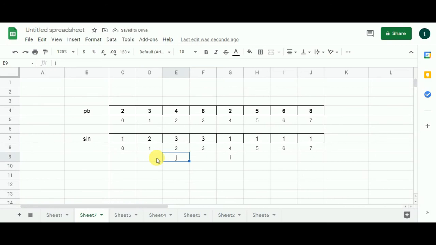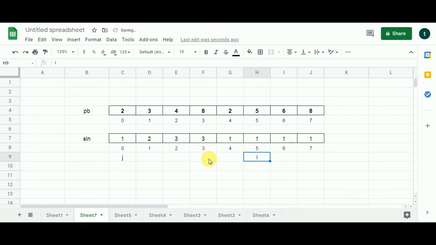Alright, let's check the third iteration. The variable j represents 4. 4 is greater than 2. Again we don't get anything. And j moves one cell to the right. Over here j represents 8. 8 is also greater than 2. So we get nothing out of any of the iterations of j when the value of I is 2. So this value stays as 1. Alright, j moves back to its base position and I moves one cell to the right.